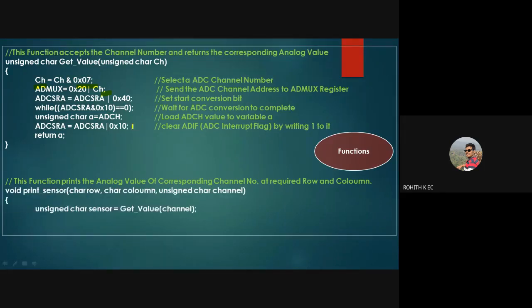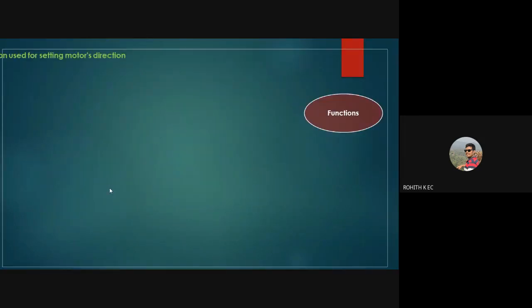Then if you want to print something using your LCD, you can use this particular function. Capture the address of the channel that you want to print, then select a certain row and column, then the sensor address, and the size of your data, whether it is 3-bit data or 4-bit data. So you can use this function for displaying the data on your LCD, but this is optional. We are not going to use this in our actual line follower program. This is particularly useful during the testing phase, right? So that's about LCD print.